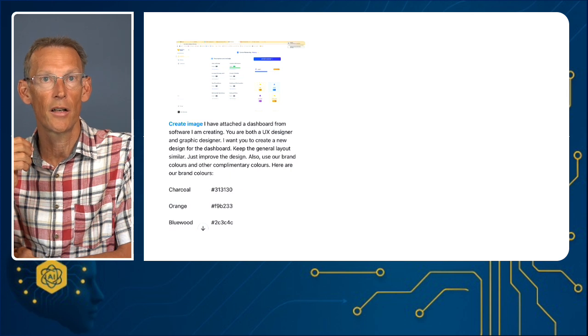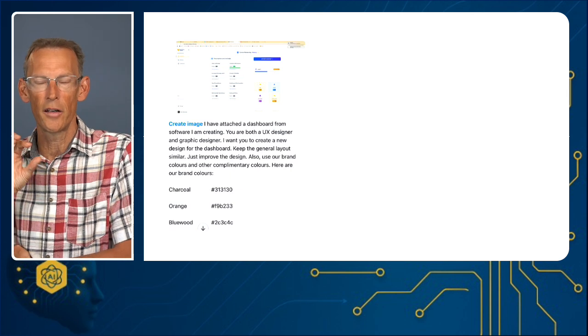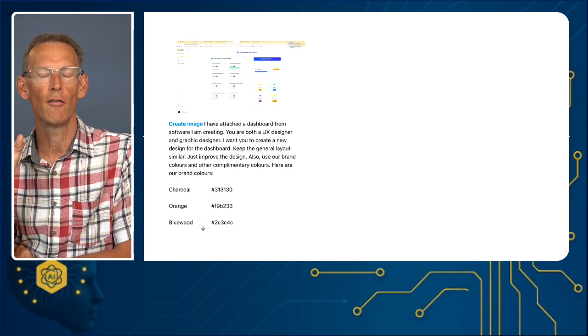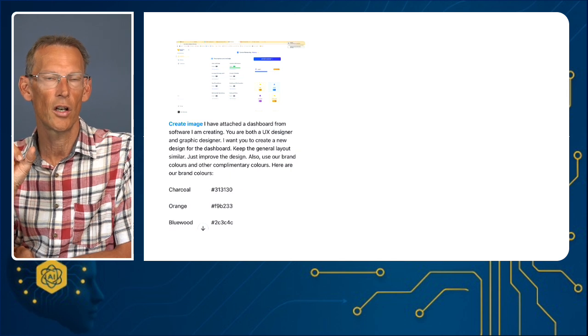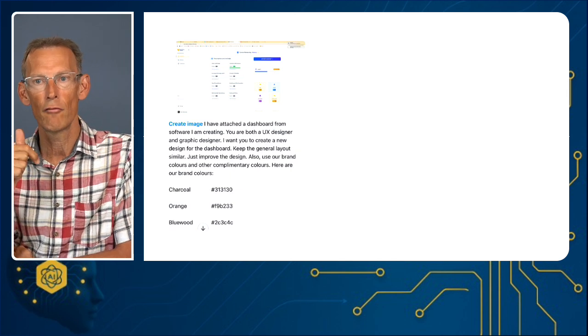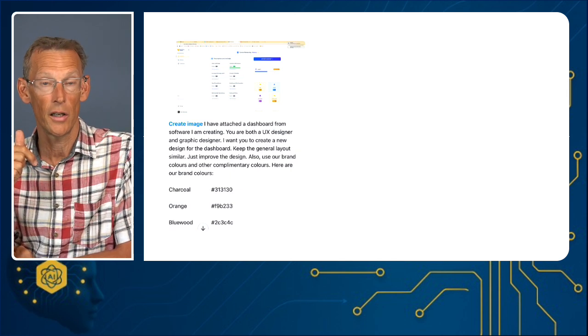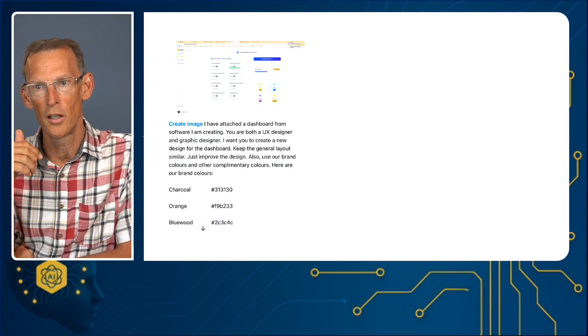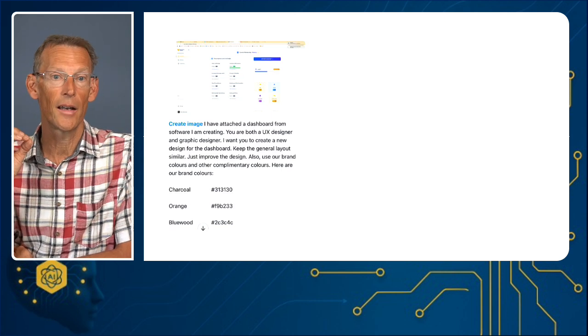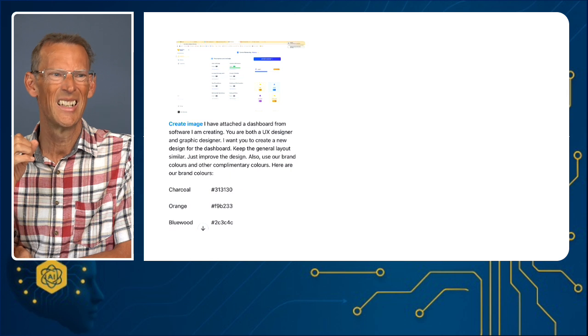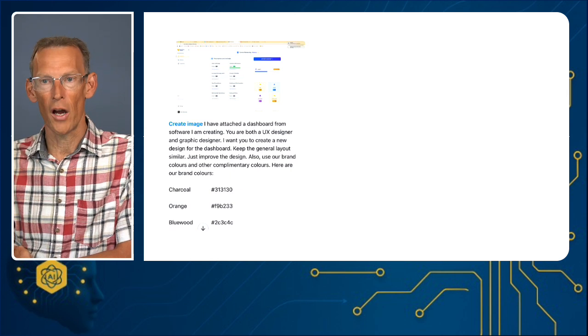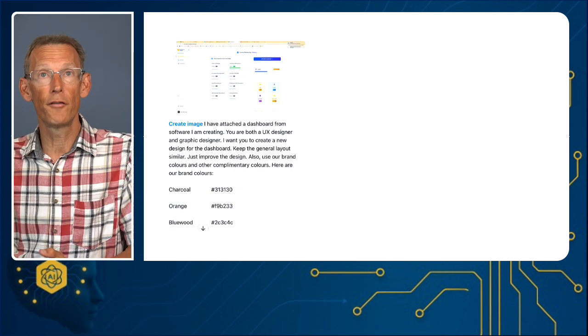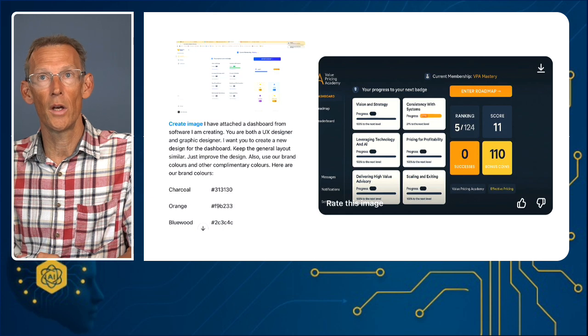Here are our brand colors. And here's another thing that I'm finding great about this. It recognizes those color codes and replicates them pretty accurately. I found in the past that when I've done images in DALL-E and given it brand colors, it's never quite right. Anyway, what it then created for me was this,